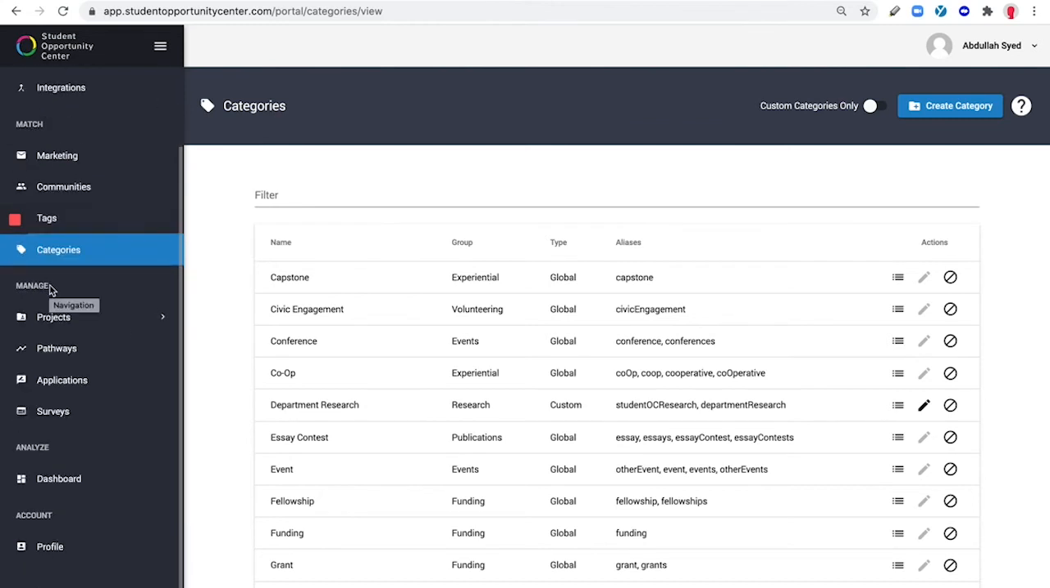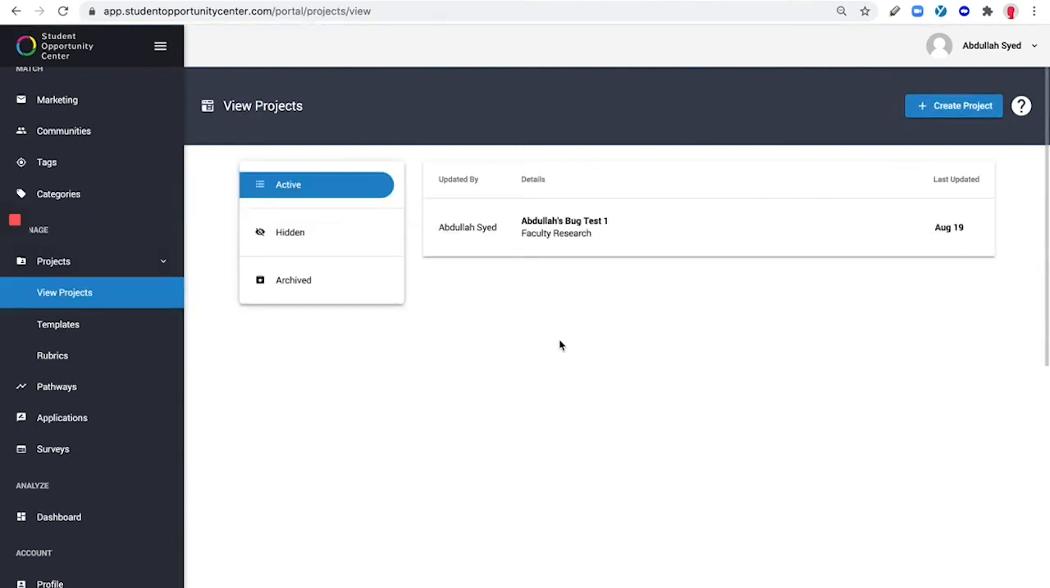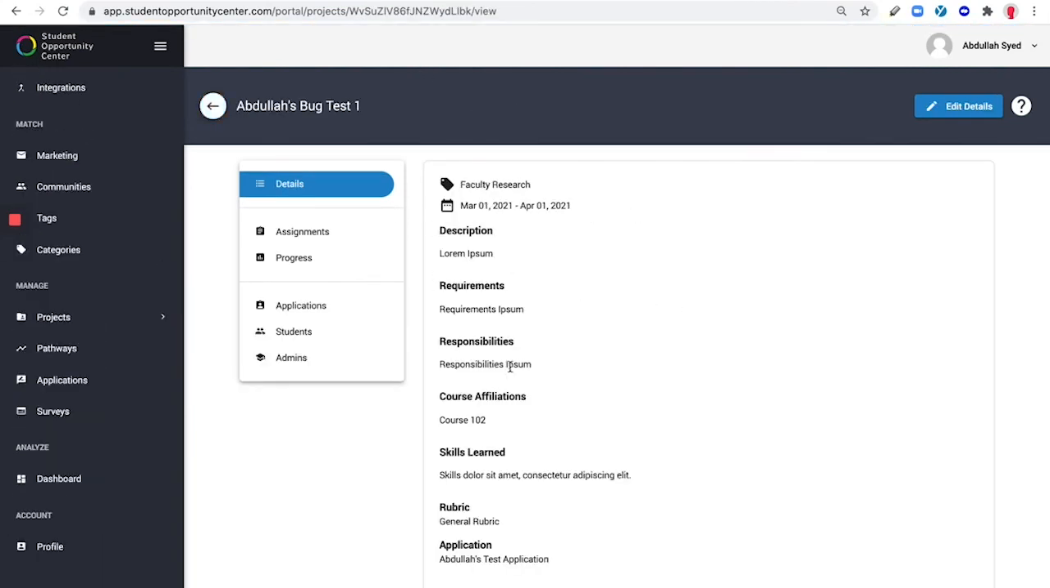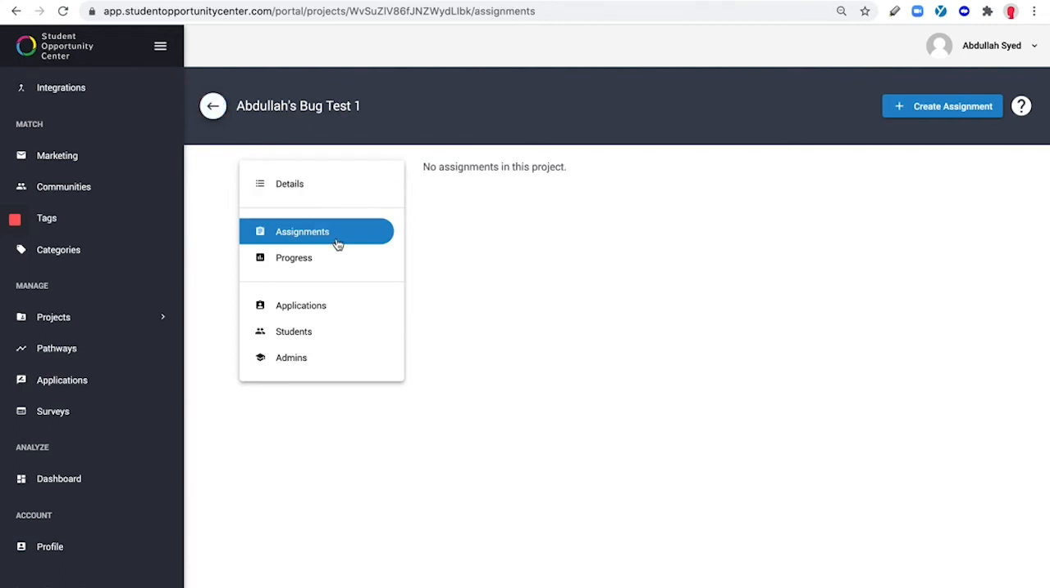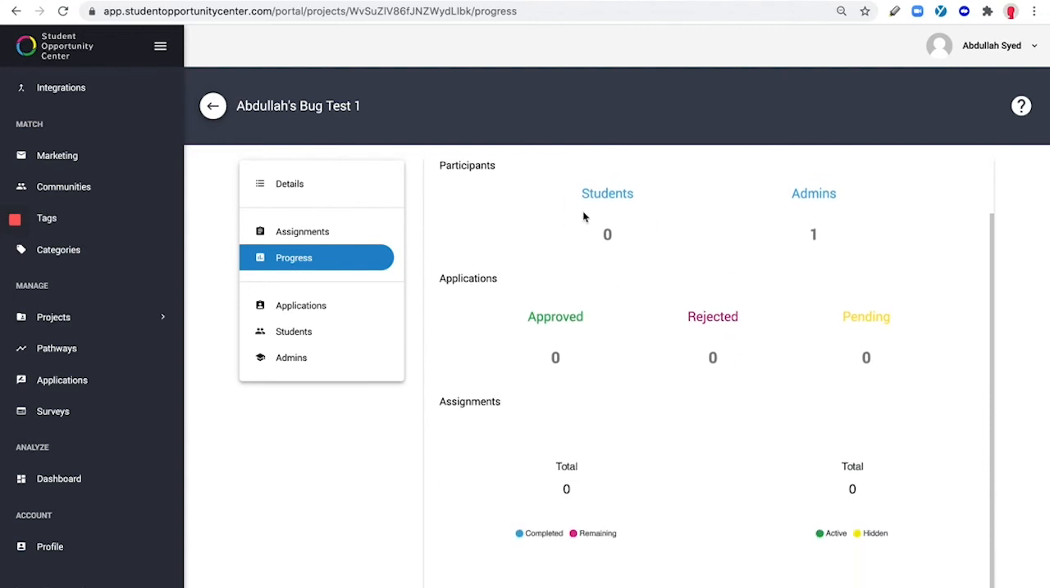Now we're going to go to the managing piece. And managing essentially is managing the opportunities that are currently within the platform. One of the ways you can do that is there are projects that you can attach to a certain opportunity. So for example, this is an opportunity related to, we'll just call it bug test one. But this is an opportunity where I can add in assignments or see what the student progress looks like. I also have the ability to see submissions, all of the applications, as well as analytics of how many students are there, how many of them are approved, and all sorts of other